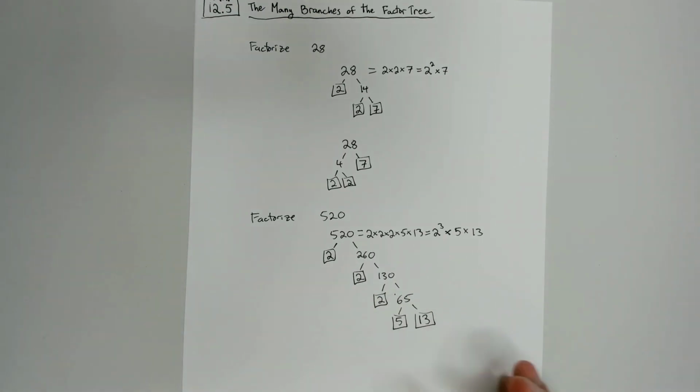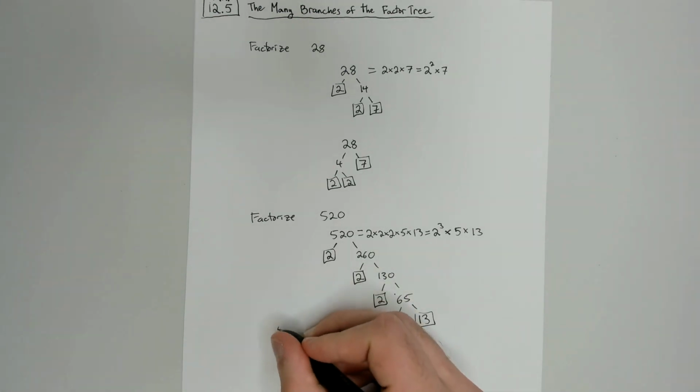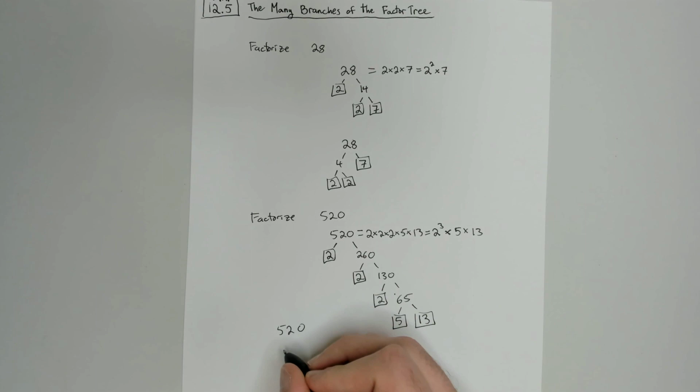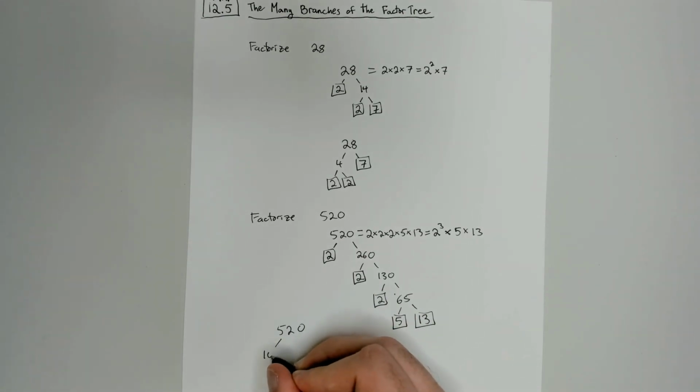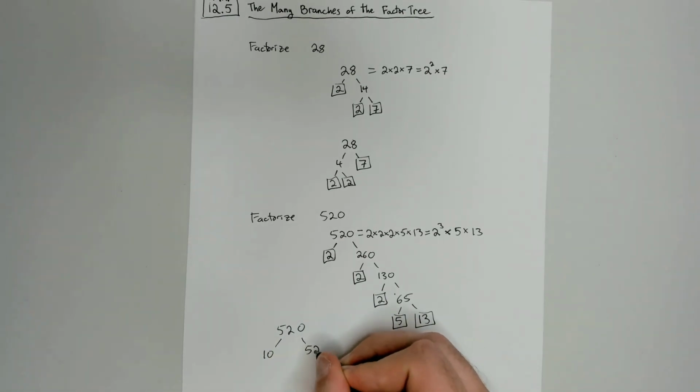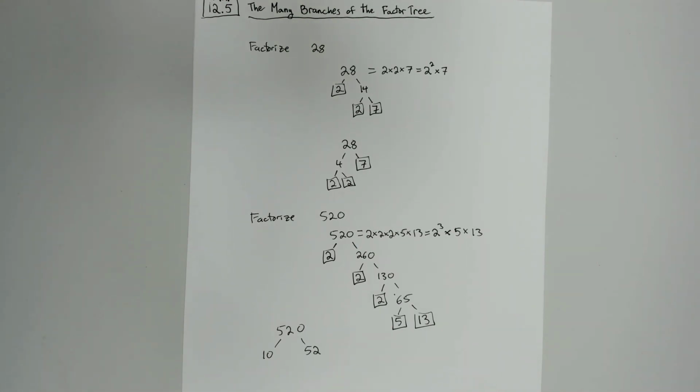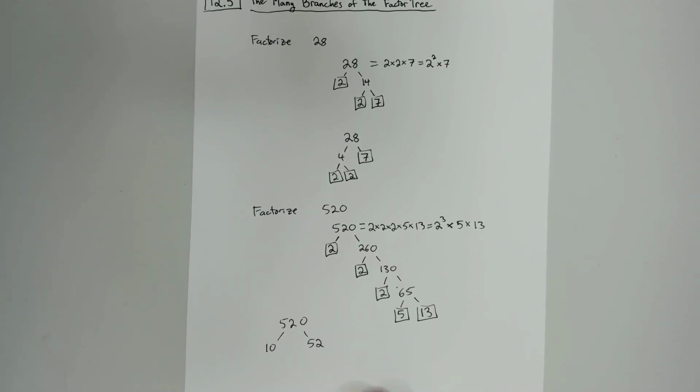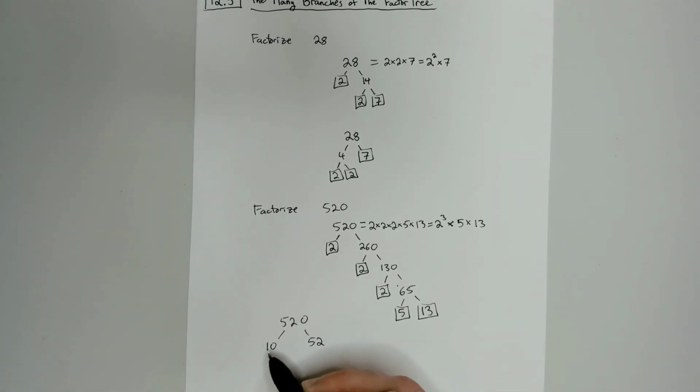So let me do this again, and I'm going to show you that we're going to get the same thing. So let's start with 520, and I'm going to split that up into 10 and 52, right? We know that 10 times 52 is 520. Maybe this is a more obvious factorization we can do. Now notice, neither of these are actually prime numbers. But that's all right. As long as we just keep factoring the composite numbers, we're going to eventually get to